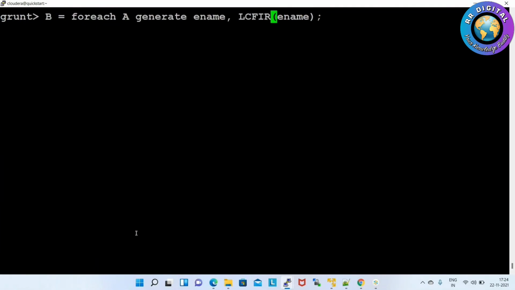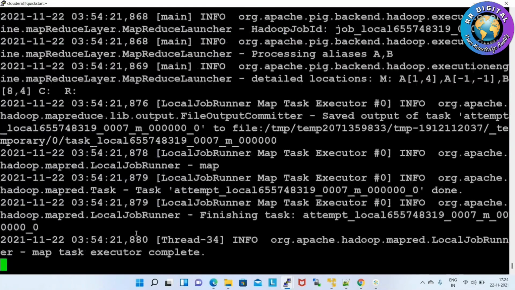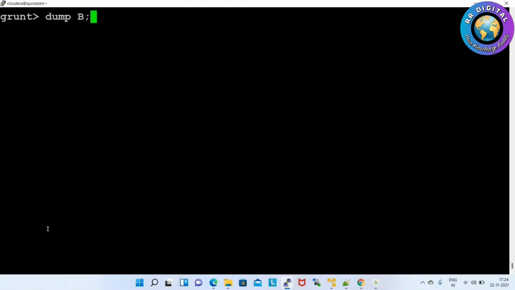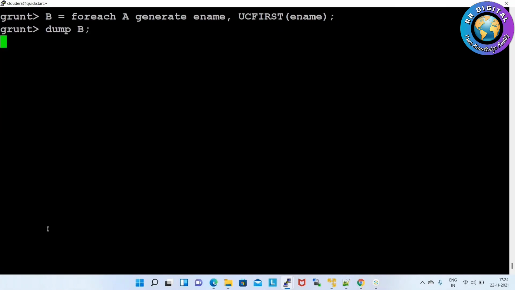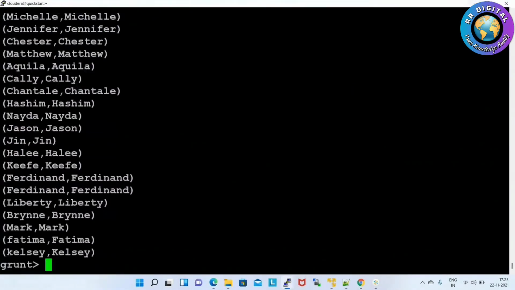LC first means only the first letter it will convert into lowercase letter. So here converted into lowercase letters. The same way UC first means only the first letter it will convert into uppercase. So here successfully converted into uppercase letter.